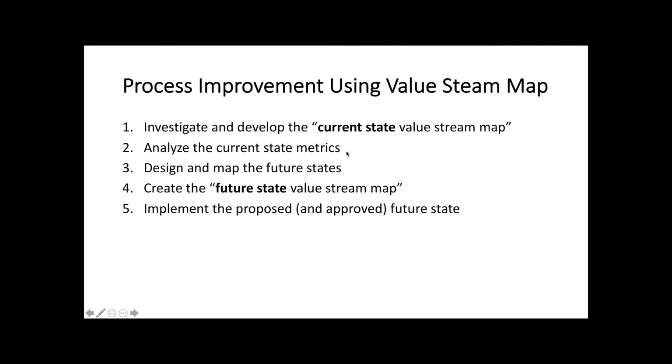Once you find out the current state, what is the current state of the system, you want to analyze it. You want to know what is going wrong, what are the causes for all these underperformance and all these difficulties that we see. Actually, this is a very, very important step, and probably I would say the most important step, because that's where you look at the current map, the current value stream map, and then you say, oh, actually,